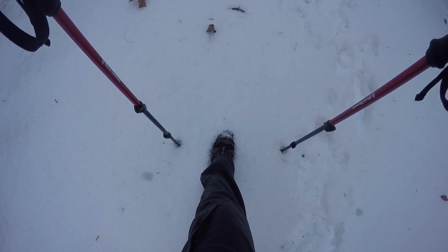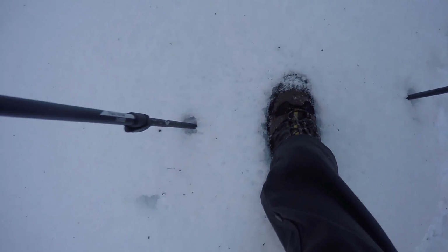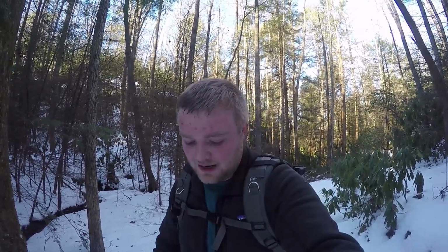Further up we get, the deeper the snow gets. I don't know if you can really tell just how far down I'm sinking there. I mean, it's not super deep, but it's just deep enough to be a nuisance. We're not even done with this 2 miles to the Ridge Trail yet. We've been on for a pretty good amount of time now, so